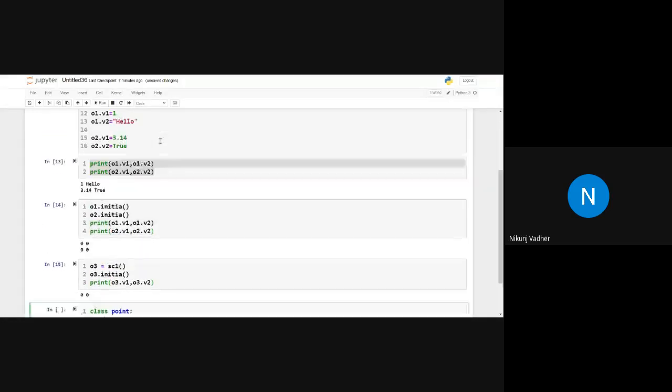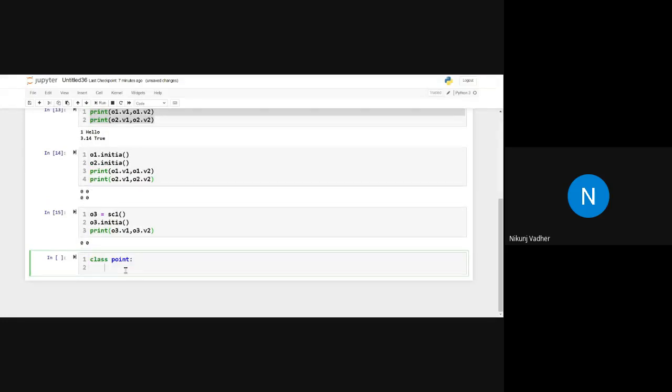Let's say def reset, so we define one method reset, and we pass the reference of the class itself, self.